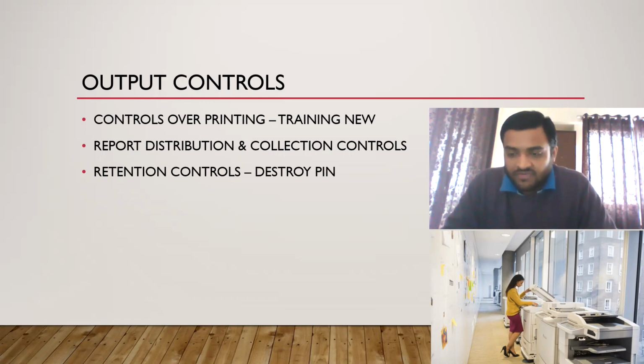Okay, so what we are doing is, whatever new users are entering the organization, whatever our trainees are, if they don't have the training, we will make sure that there are controls. If a person is giving printout of the same document for more than 3 or 4 times, we will ask him whether he has authorization and whether it is actually required. Those are basically controls for printing. We will use it basically for training new users.